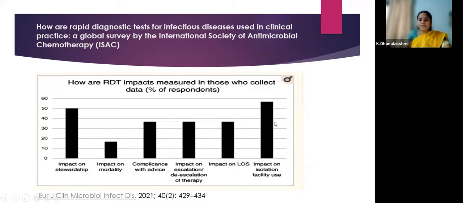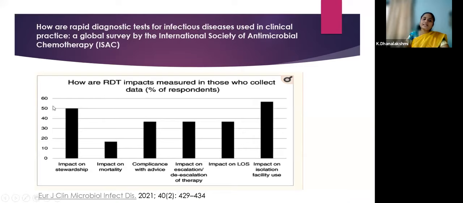The typical example is COVID-19. We are using it mainly for the isolation purpose. If a child comes with fever and mild respiratory symptoms, and you tell them it's probable COVID, they may not be able to adhere to the isolation principle correctly. But if you prove it is COVID-19, it will definitely be more useful in isolating them effectively. So the most important use of the rapid test is its impact on isolation facility.